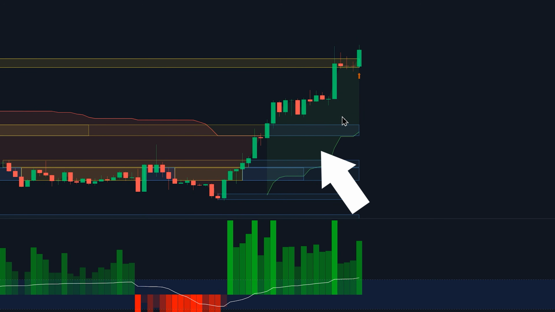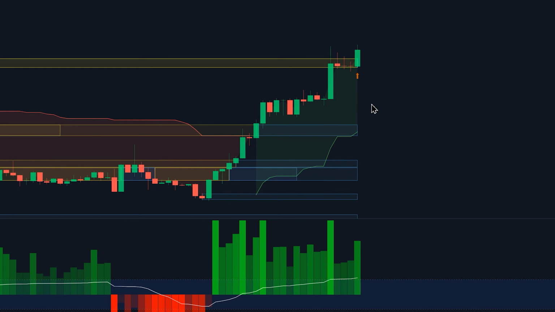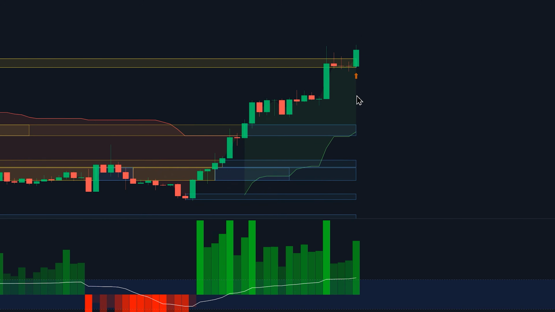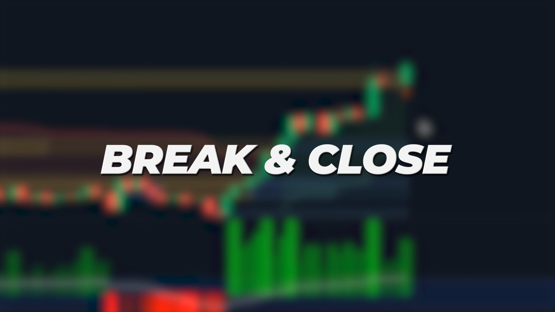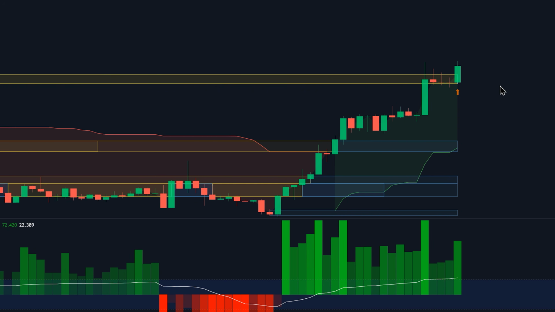We need this trend ribbon to be colored green to indicate that the market is bullish. Condition number 2 is, within this bullish trend, we need the price to break and close above a support or resistance level. It doesn't matter whether it's support or resistance, just any of those two will do. Right here, we can see that this is a key level that just got broken by the price on this